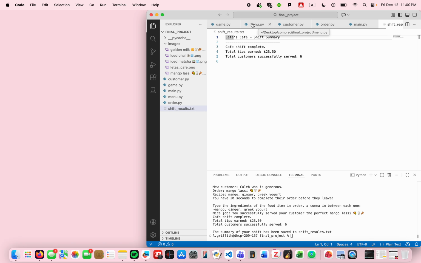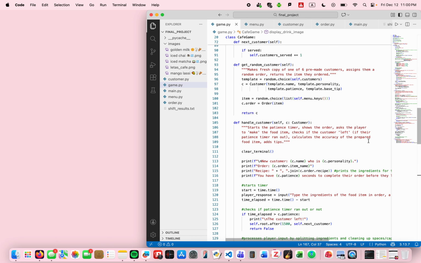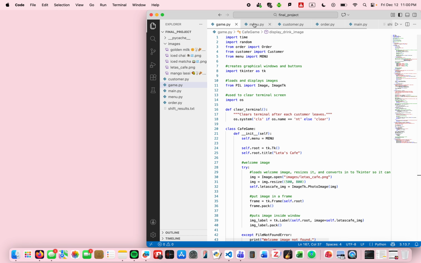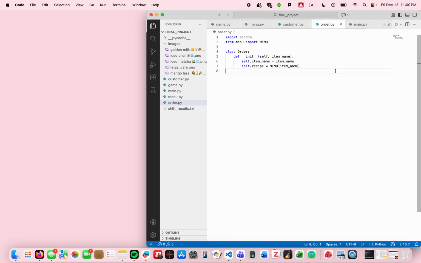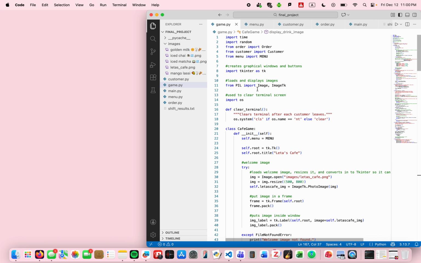So my main file here is game.py. It holds all of my code. Menu just holds the menu, customer is just the customer class, order is just the order class, and then the main. So yeah, all of my code is in game.py. As for the required topics I included,